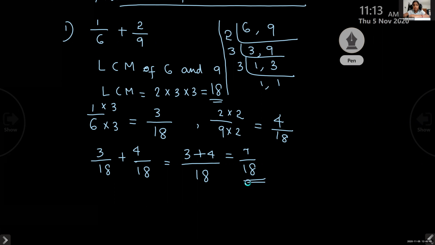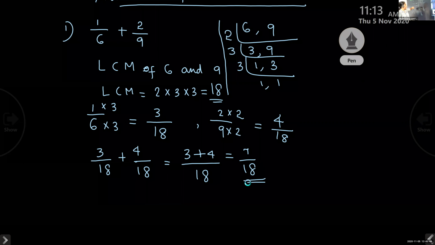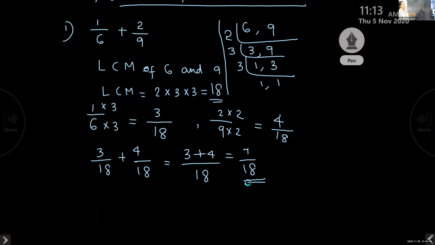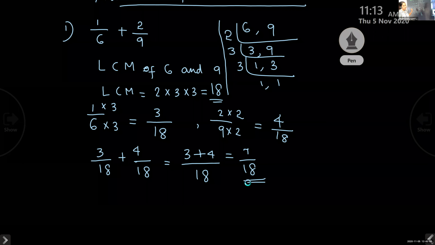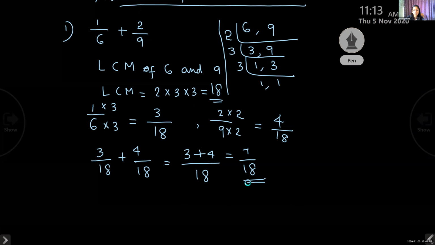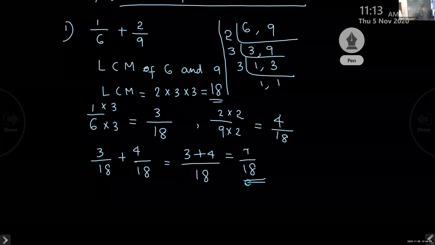So, after finding LCM, you take each fraction and make the denominator of the fraction the number which is the LCM. Clear? And when you get those fractions, substitute them and do the answer. If it is addition, you add it. If it is subtraction, you should subtract it. So write this. After that, I'll give you one more question. I'll explain that also.